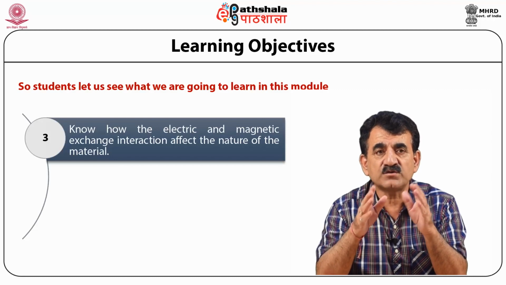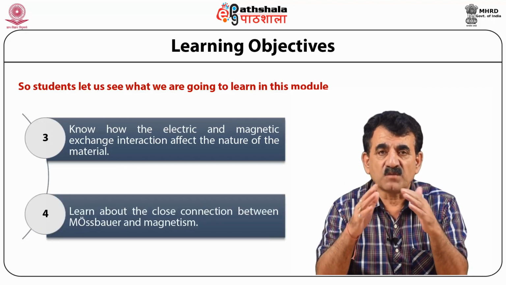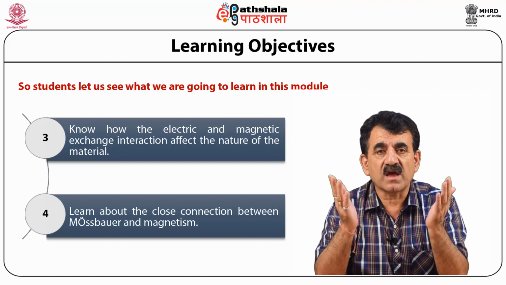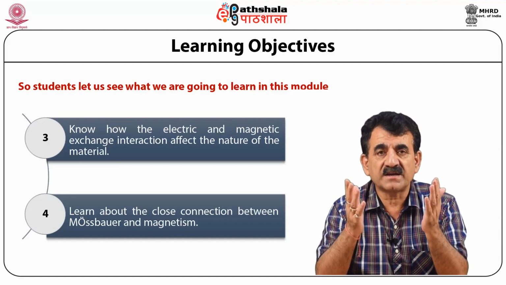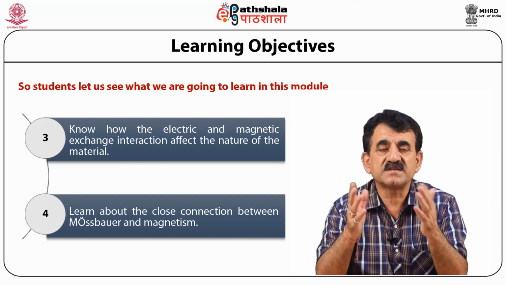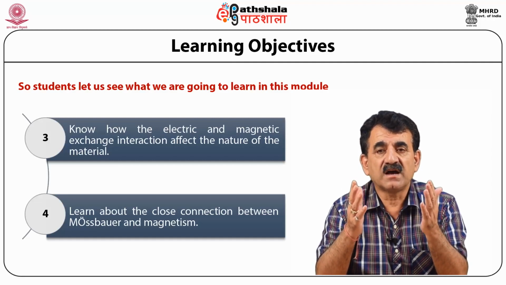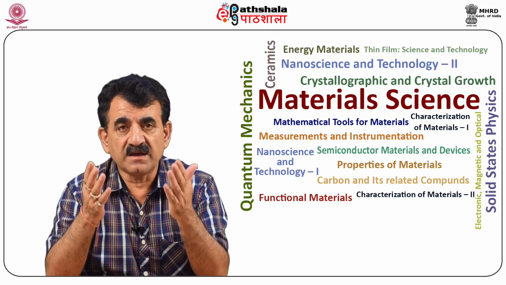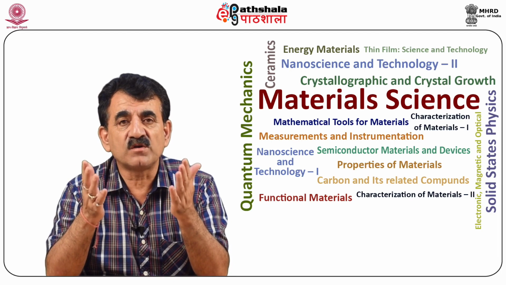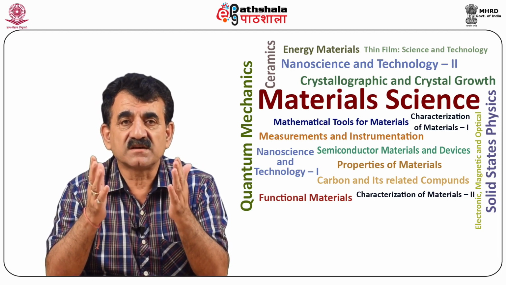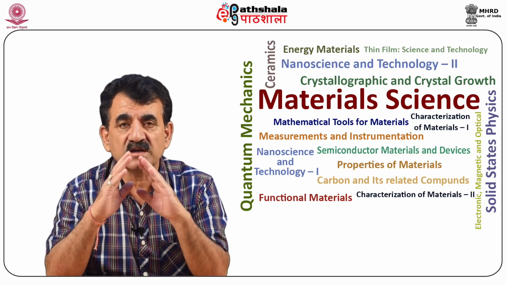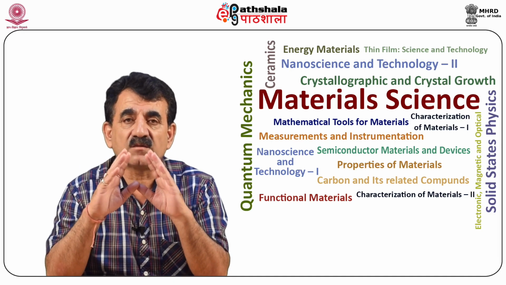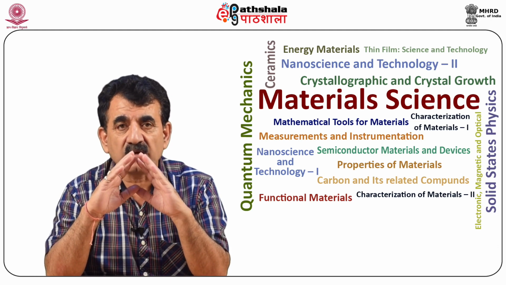Then we are going to learn the Mossbauer spectra, how they look if it is pure magnetic, how they look if it is non-magnetic, and how they look if it is superparamagnetic. So in this module, we are going to discuss the Mossbauer spectrometer, then the Mossbauer spectra, then these